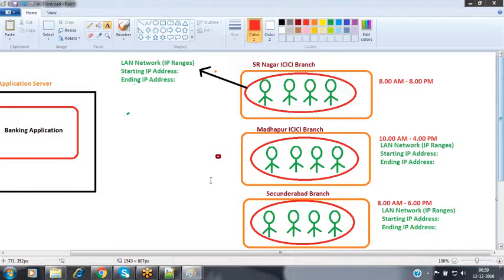Now depending upon the time also, we can grant the visibility, grant the access to that application. Suppose, for example, assume that I'm a bank manager. In the past 2 days, I've been on vacation, due to some leaves, some sickness, some personal work. Now so much work is pending.